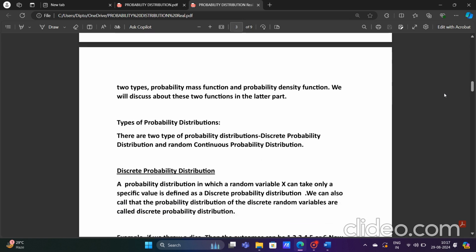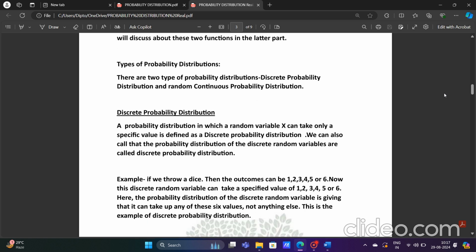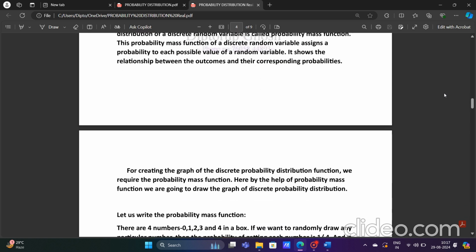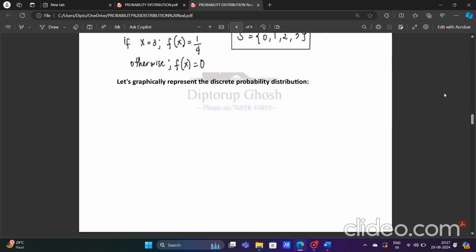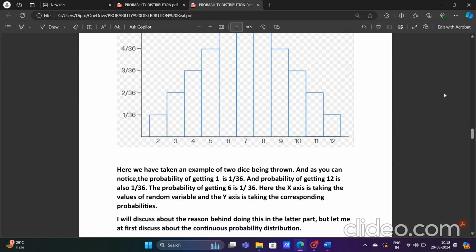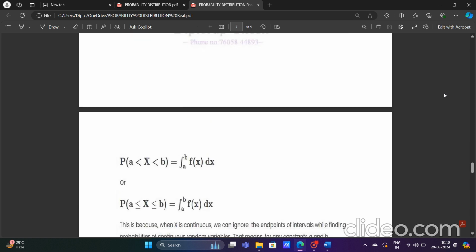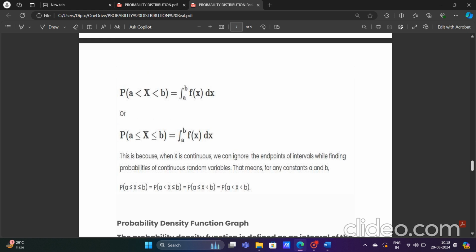And then we are going to discuss the types of probability distribution, in which we are going to discuss the discrete probability distribution, and later on the probability mass function. Then we are going to discuss the probability density function, and the continuous probability distribution as well. Okay, so